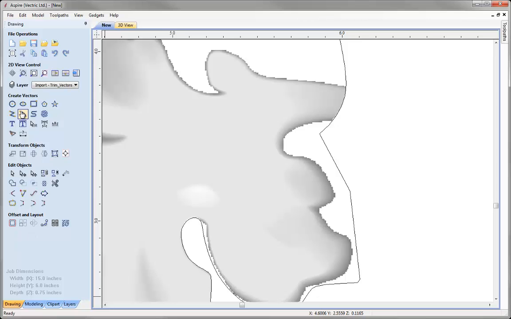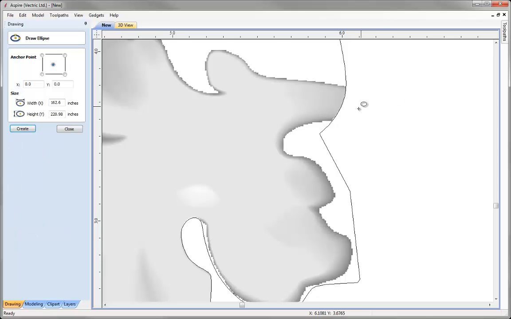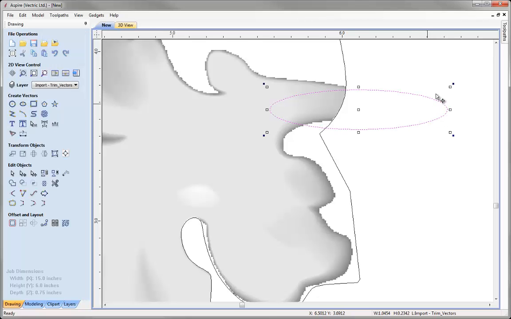I'm going to draw a vector. I'm just going to select the draw ellipse icon and just drag out a vector there and right mouse click to accept it, click on it again and just rotate that around a bit and essentially position that in such a way that it looks like an extension of the stem. So now I'm going to go into node editing. I'm going to drag this piece up here,